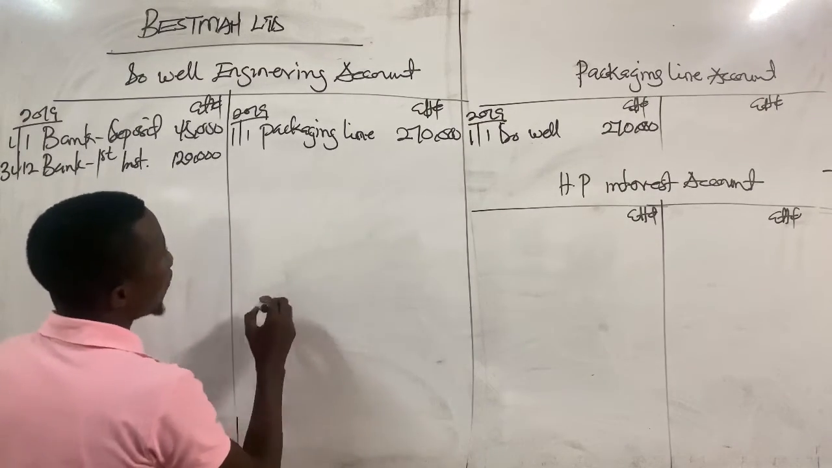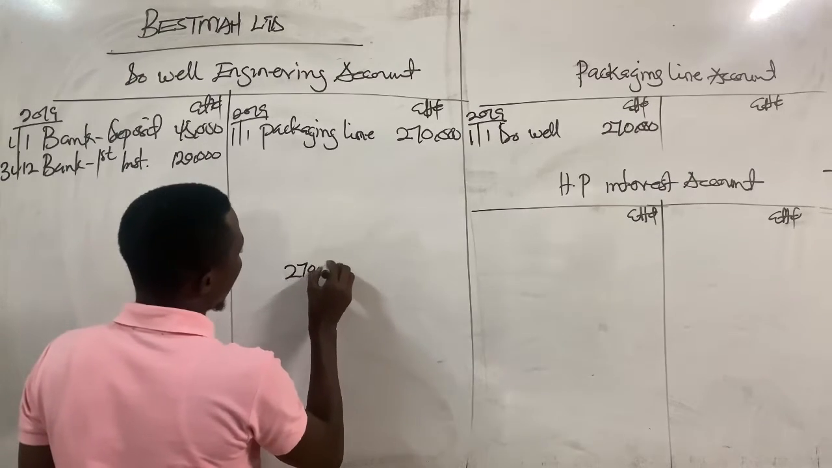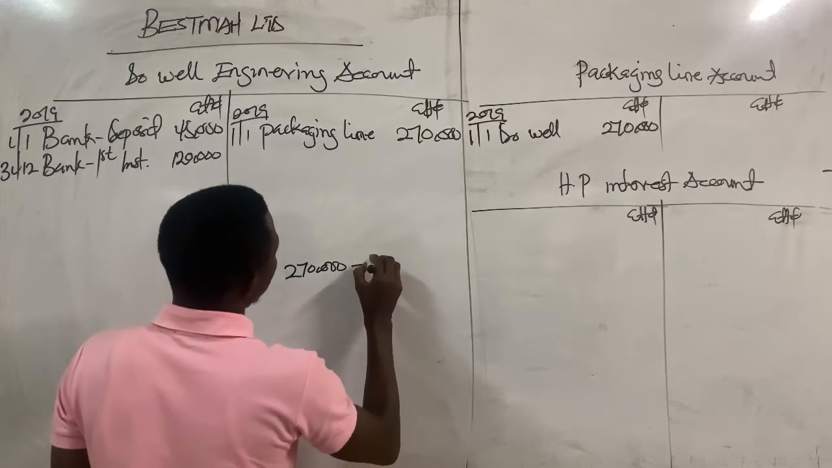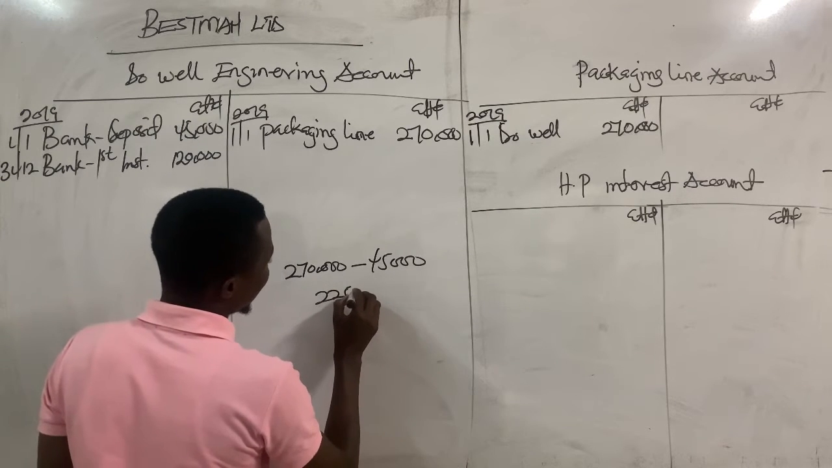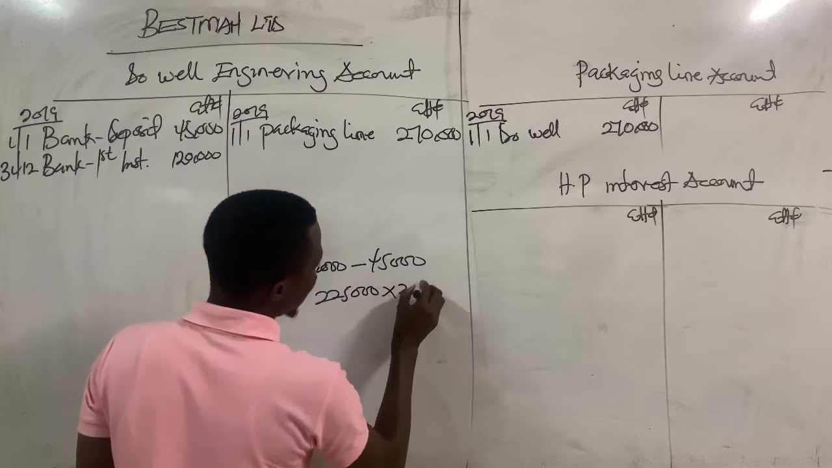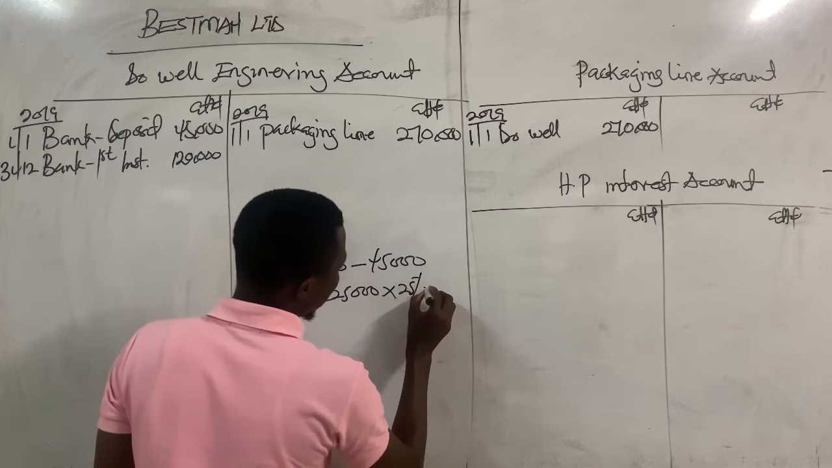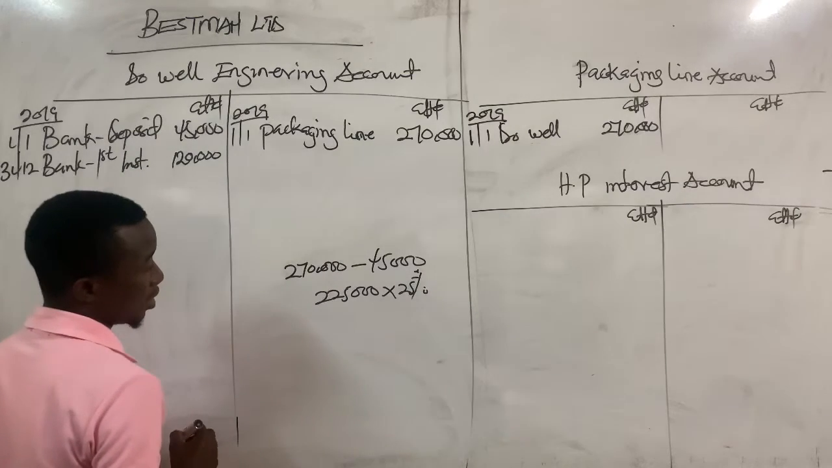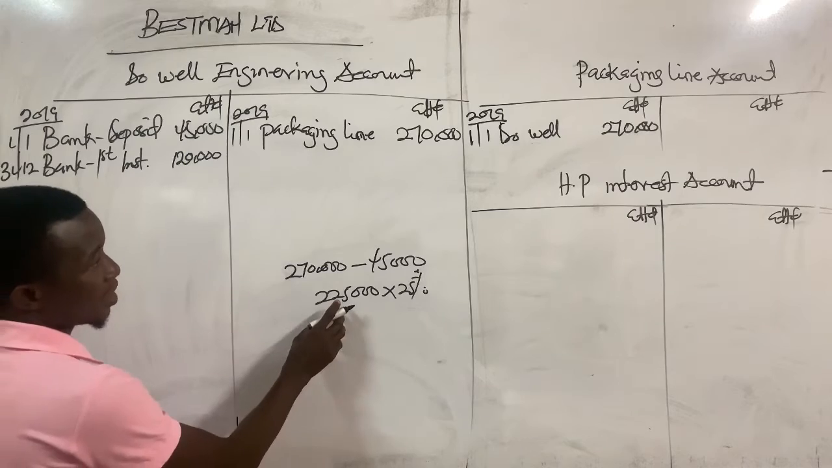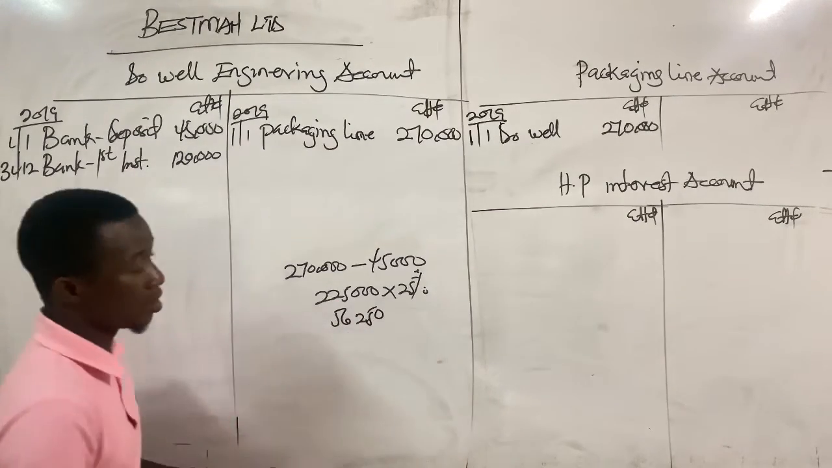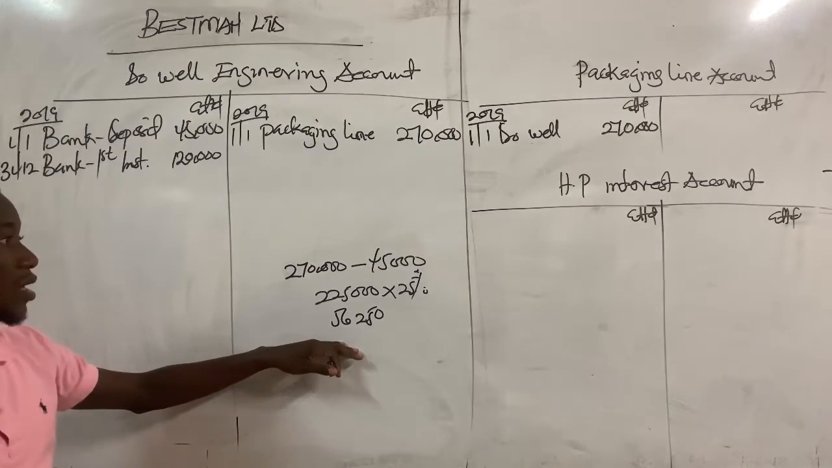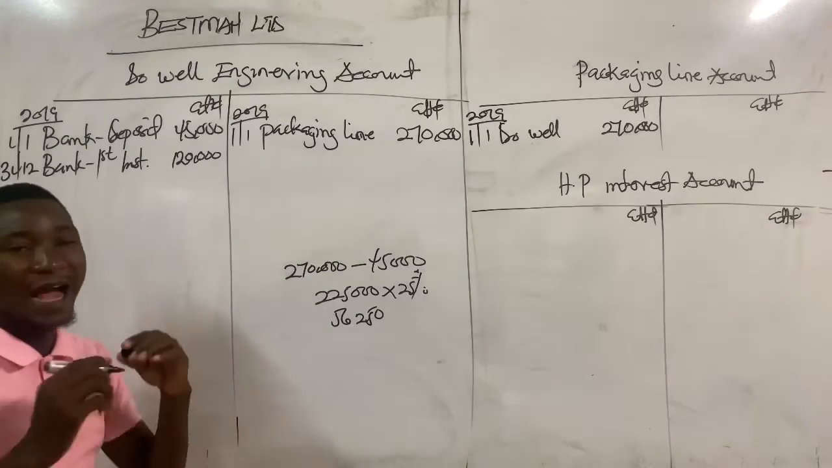So what we do is that we have the 270,000 minus 45,000. That will give us 225,000. Then we apply the 25% on it. Is that okay? So when we apply 25% on this, it will give us 56,250 as the interest component. Okay, and this interest is the hire purchase